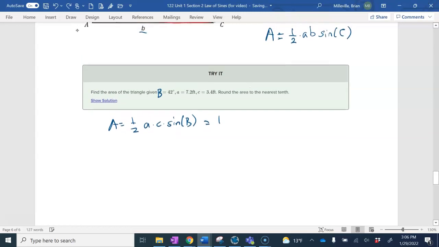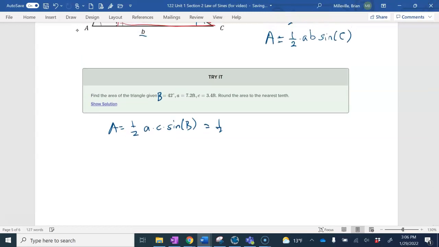Alright. We get 1/2 times little a, which is 7.2, times little c, which is 3.4 feet, times sine of the angle, which is in this case 42 degrees. So really this is just a calculator problem. The area comes out to, if we work it out here, I'm going to write it down to 5 or so decimal places. It's